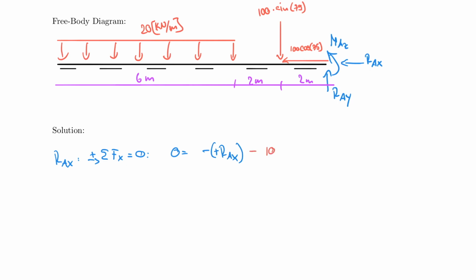Minus 100 times cosine 75. And what I will find is that this equates to RAX being equal to minus